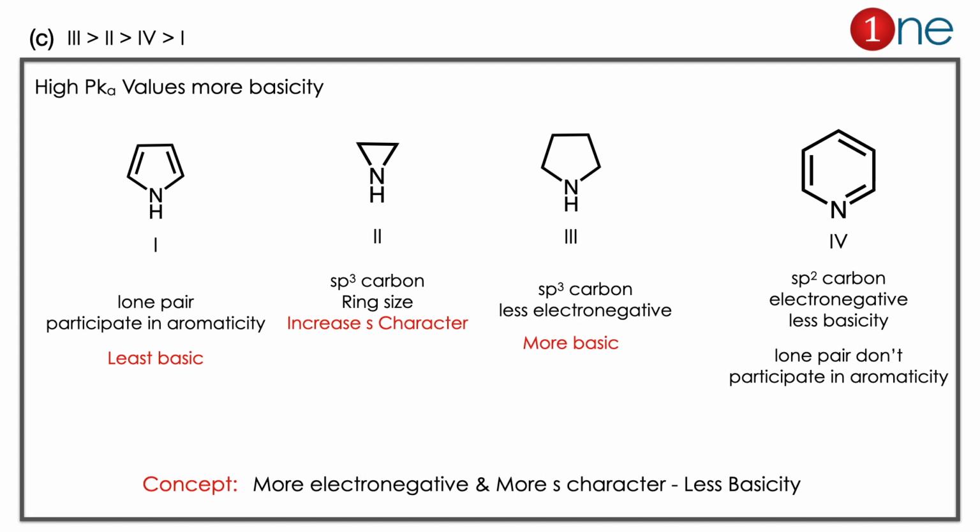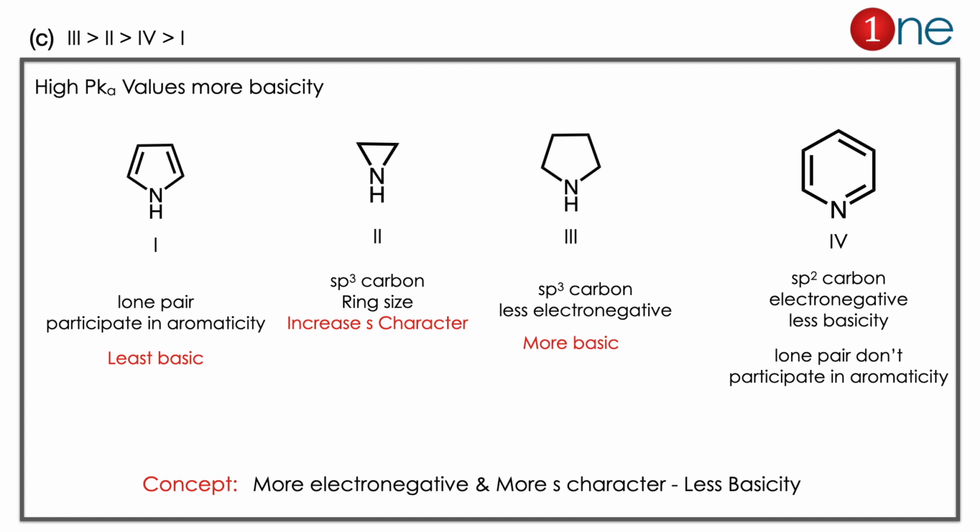Here the question is about pKa. The lower the value, the more acidic; the higher the value, the more basic. So the higher the pKa, the more will be the basicity. Here let us look at the extremes first, high and low. First you have to know the concepts of hybridization and ring strain. The hybridization, normally sp3 and sp2 hybridizations are with nitrogen. sp2 is more electronegative when compared to sp3 because of more s character. So we have to analyze between 2 and 3 because both are sp3.